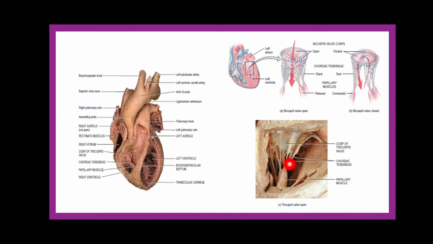See, these you can see tendon like cords, like thread like structures, these are nothing but chordae tendinae, okay. These chordae tendinae are in turn connected with the cone shaped feature. See, this you can see here, this is the cone shaped feature, okay. These cone shaped features are nothing but papillary muscles, okay, and the raised bundles of the cardiac muscle fibers called trabeculae carneae, okay, chordae tendinae or trabeculae carneae, as you can see here, okay. So this is about the valve.